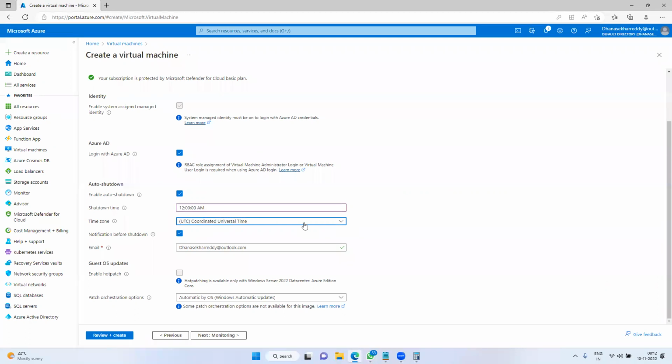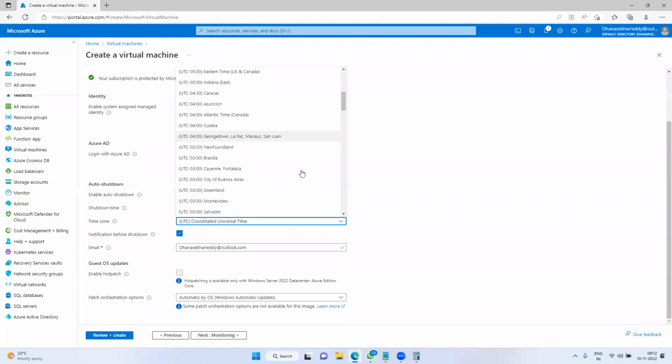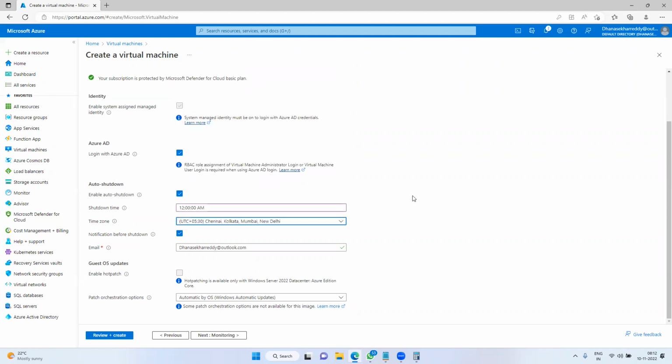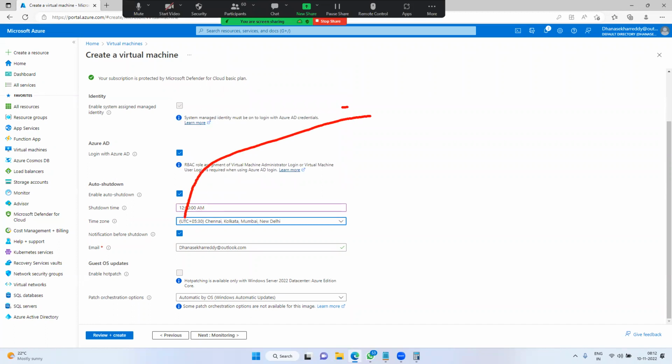If you want to change to Indian Standard Time, scroll down: Chennai, Kolkata, Mumbai, New Delhi, UTC plus 5:30. Please remember, guys, by default the time zone is UTC.